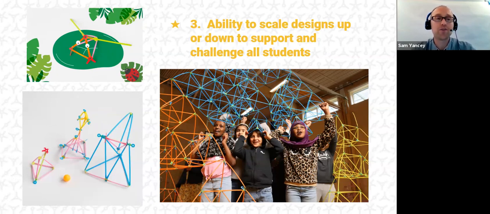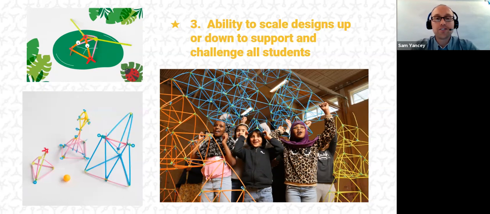And so if you look at the catapult at the bottom left, you can see that you can make a simpler version of a catapult and explore motion and movement and projectiles. But you can also, with older students, make a much more complex model of a catapult that involves more dexterity and time, and explore potential and kinetic energy. So really,